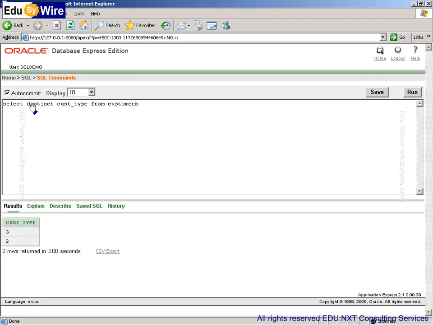Let me again quickly revise. A select statement starts with a select clause. Then you have to write one or more column names which you want to appear in the result set. Then you have to specify the from clause, and after from you have to specify a table name from which you want to select values. Now with these simple examples of select statement, let's go back to our